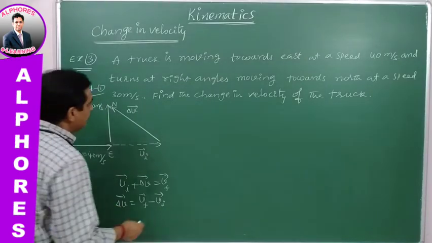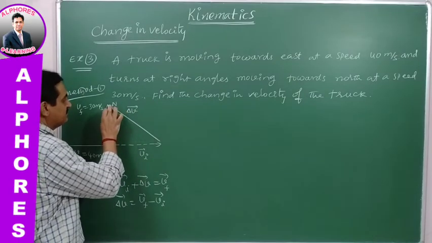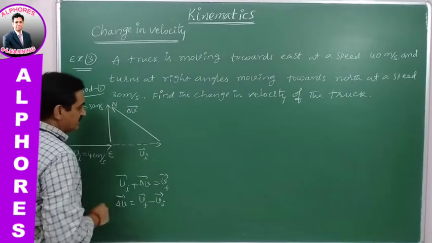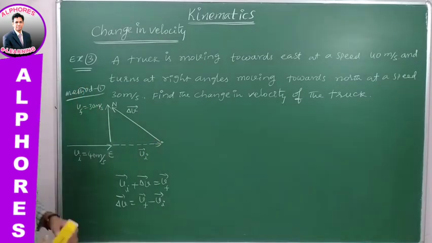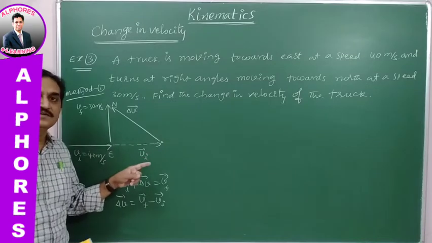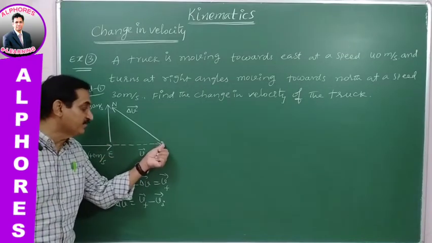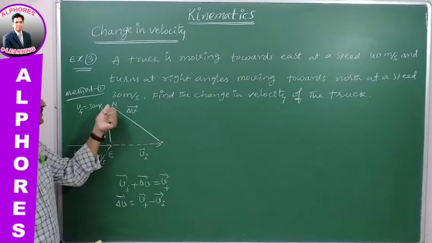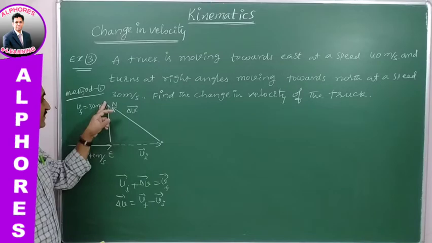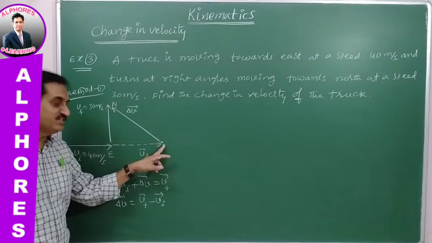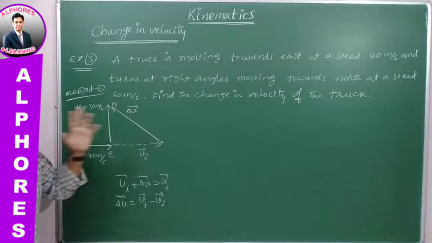So whenever we consider change in velocity, the direct line segment representing the change in velocity has its initial point, keep in your mind every time, at the initial velocity. So the head is at the final velocity. This is the initial one, this is the final one. So we take this change in velocity from initial to final, every time.